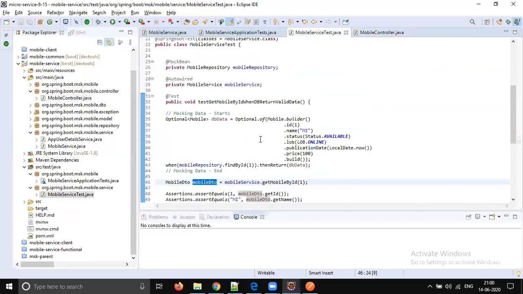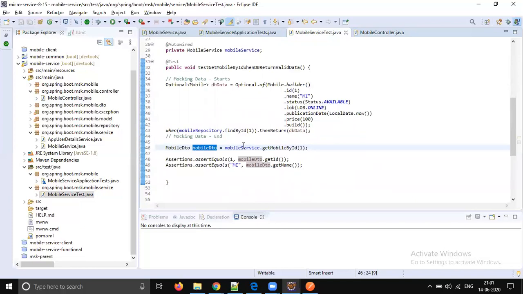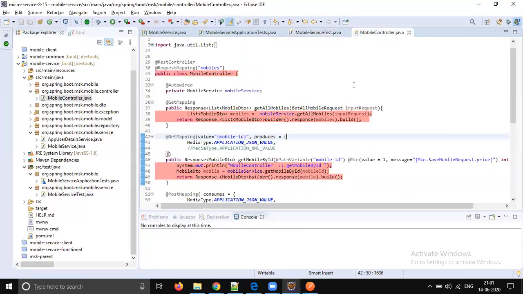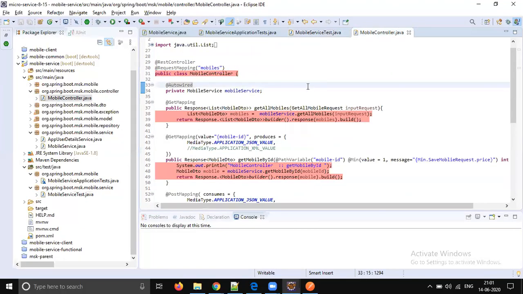How to write unit test cases is completed. I showed two examples, right? Like this, we need to write as many as possible. I will also show you how to do integration testing. Both are valid with respect to microservices. You need to write unit test cases, and you also need to write integration test cases. I will let you know why we need to write integration test cases, what the benefit is, how to do it, and what challenges will come. I will show one or two examples. Then we can close this JUnit testing.